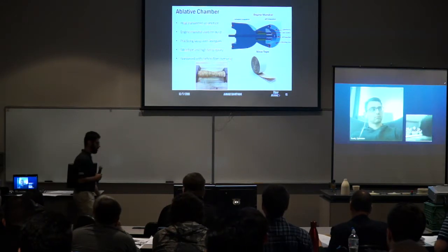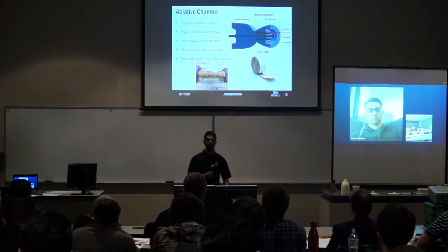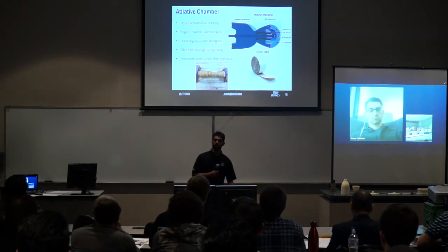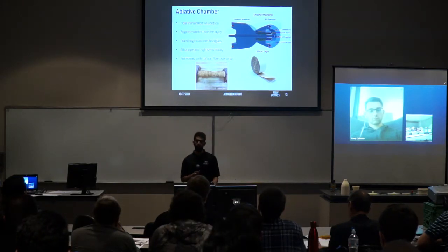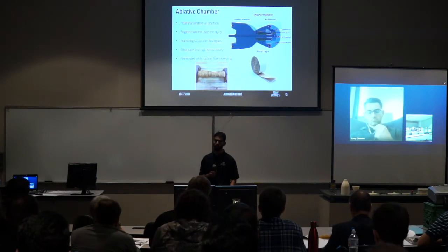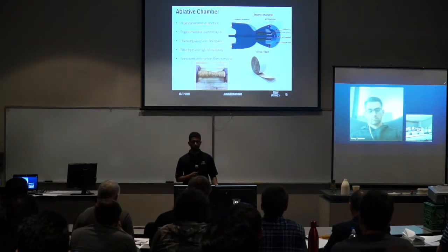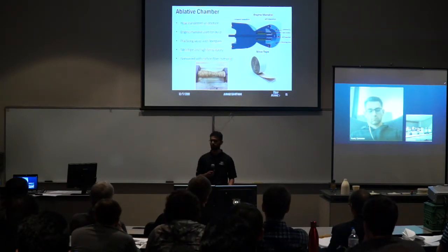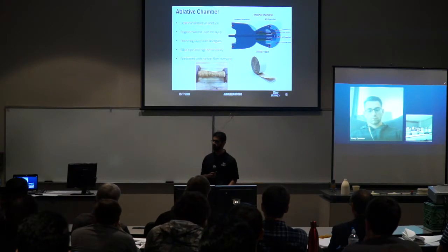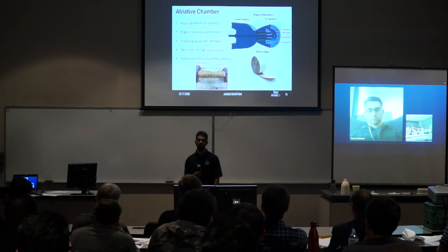So starting with the ablative. The ablative chamber is going to be made using the mandrel. The mandrel is a negative mold of the chamber, where we're going to be wrapping silica tape around it. After that, when it has taken the shape, it's going to be reinforced with the high temperature epoxy. Unfortunately, the silica tape with the epoxy by itself wouldn't be able to withstand the internal pressure of the combustion chamber, so it will be rewrapped with carbon fiber,